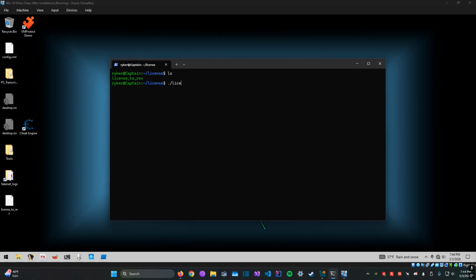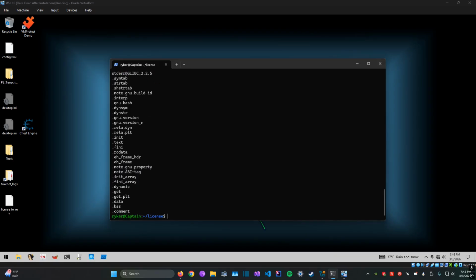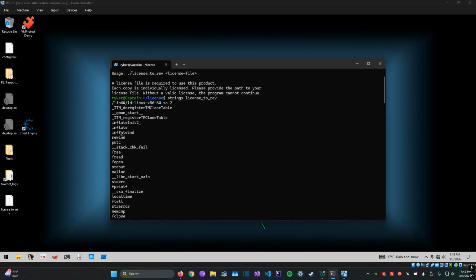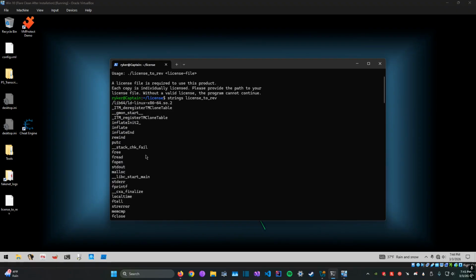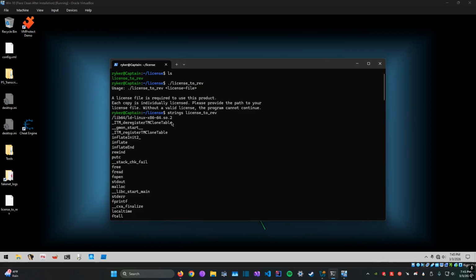If we go ahead and run this to see what it does, we can see that we need to provide a license file. We're not given the license file, so let's figure out where that might be. If we do strings on here, we can see that it's probably written in C. You can tell by these specific calls here, and there's no other libraries that indicate any other language like Delphi or something. It's an ELF 64-bit